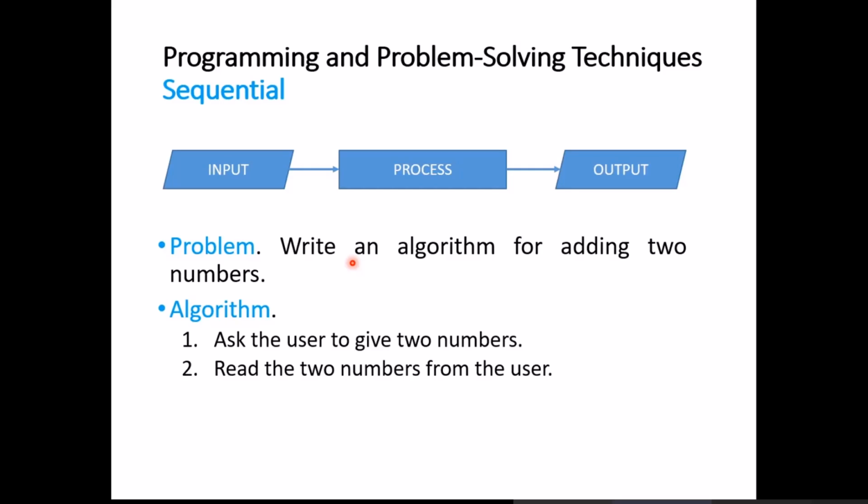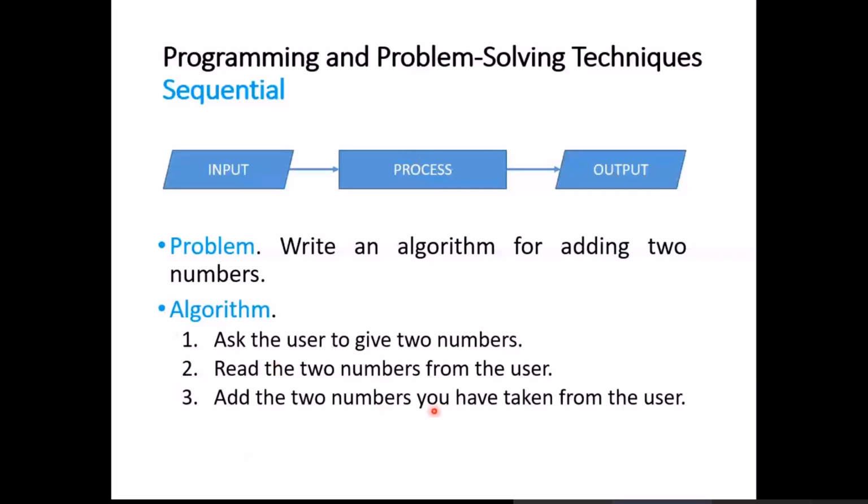And it is very important that you put ask the user before read. Because when we say read, then it doesn't mean that we ask the user. These 2 steps belong to input. So now this is the first phase. First you ask and then you read. It's part of input. Next, after the 2 numbers are saved, then the computer will go to process, will add